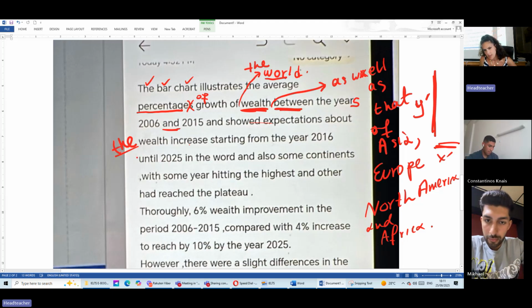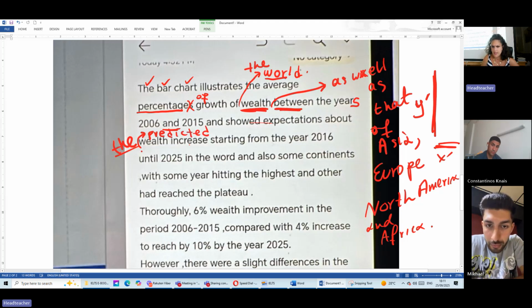It also presents the... Is it better now? Expectations about the predicted wealth increase. So it's something that you predict. Anyhow, I think it's okay. This is just adding to the meaning. Expectations about the predicted wealth increase starting from the year